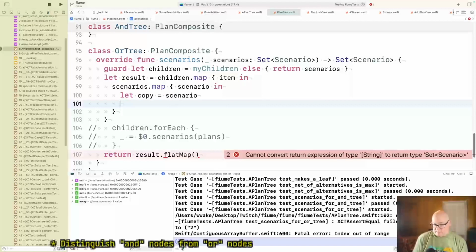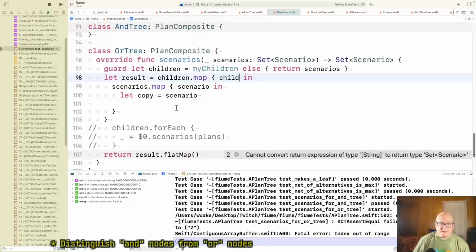So, I believe, if I've got the semantics right, Swift has value semantics for arrays and hash tables and maps or dictionaries. And so when I do this, I'm making a fresh copy, and I want to say child, maybe child is okay. Child, this is a plan thing in our tree.